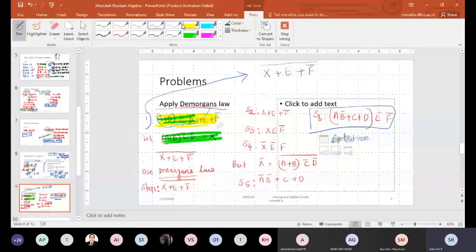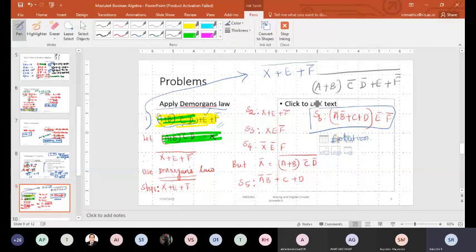Guys, I'll write the function now in this gray color. Please take it down. A plus B, C bar D bar plus E plus F bar, the whole bar. This is a given function. Okay, see there is a bar here.